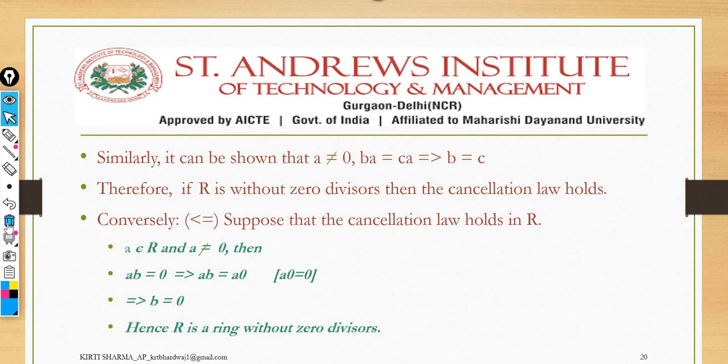It's very simple to understand. You can do it yourself. Okay. So the next thing that we have here, similarly, you have to prove right hand side to left hand side. Converse also same. Okay, left to right and right to left. If both are satisfied, then you can directly say that the cancellation law holds good. So this R is a ring without zero divisor, if it's satisfying the cancellation law property.